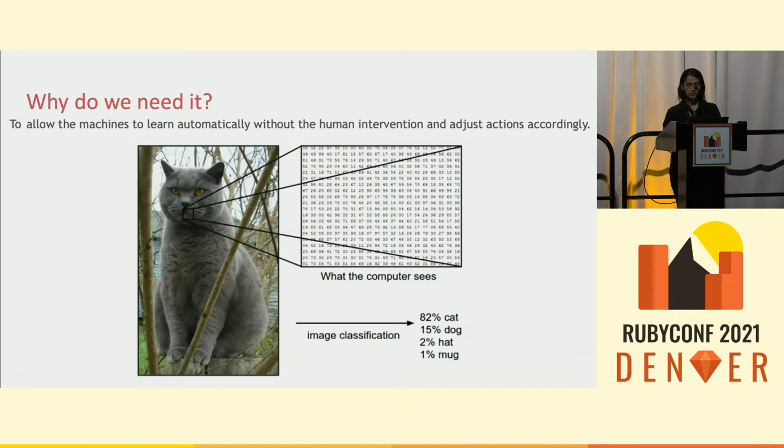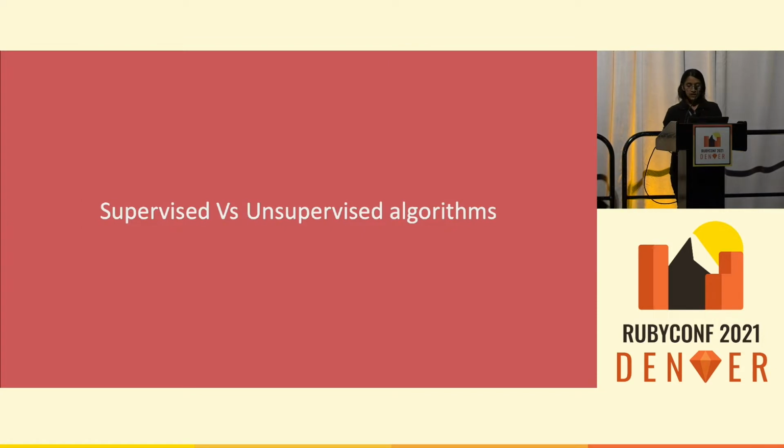For example, if you want to do image classification and you feed a data set of cats into the model, the computer will understand it in the form of pixels. So after doing the analysis, using the machine learning algorithms and the feature data set that you feed into the model, the computer will determine, okay, with this percent confidence, this is the category of a cat, or with a specific confidence this image belongs to a dog, and so on and so forth. So there are various categories of machine learning algorithms. The first one, which I'm going to discuss and which is the scope of this talk, is supervised versus unsupervised algorithms.